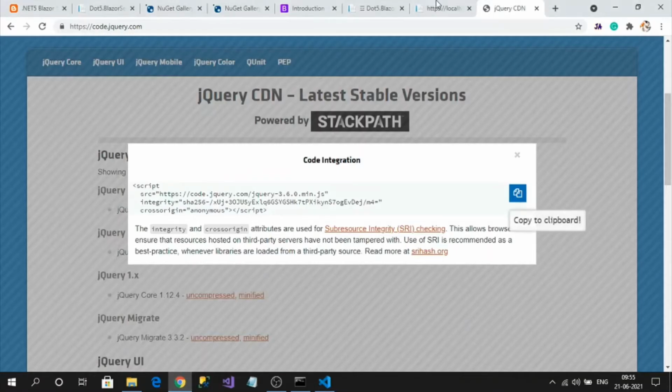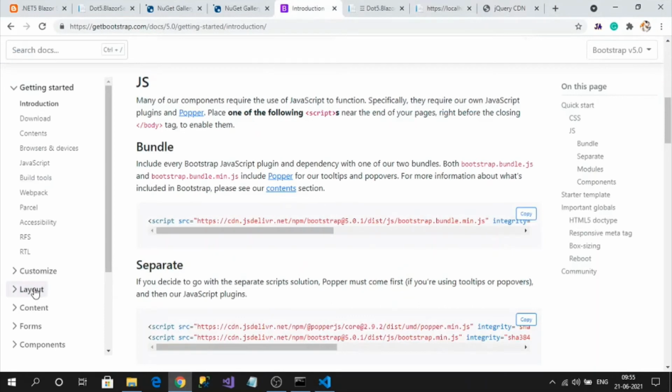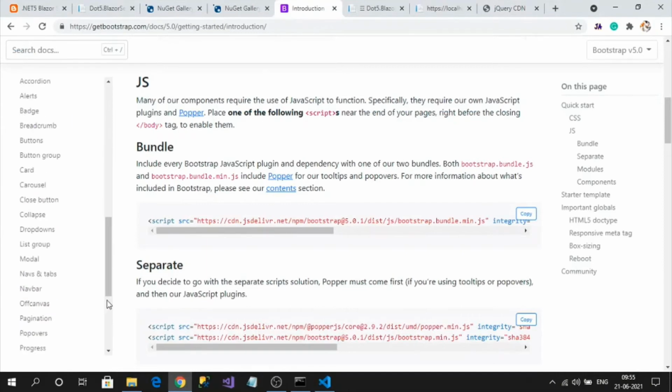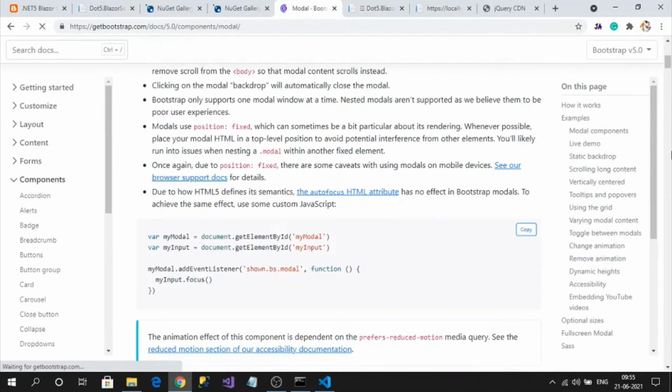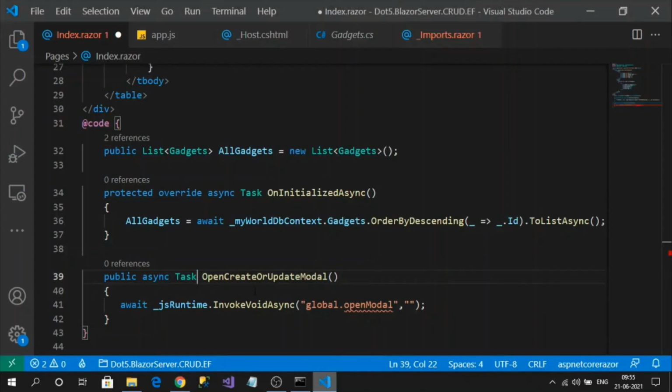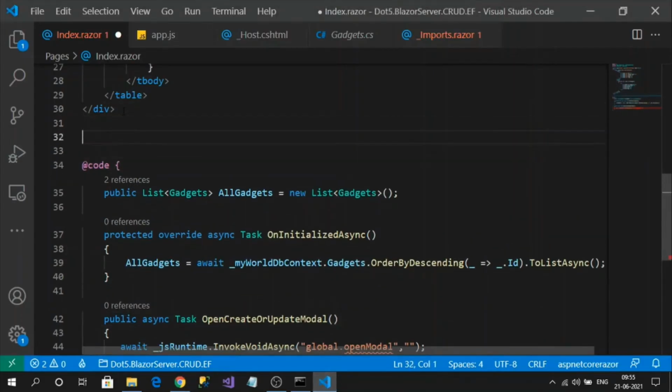For that, go to Bootstrap, and in the components go to modals. Copy this one and paste it here.